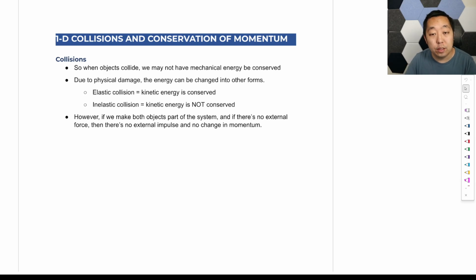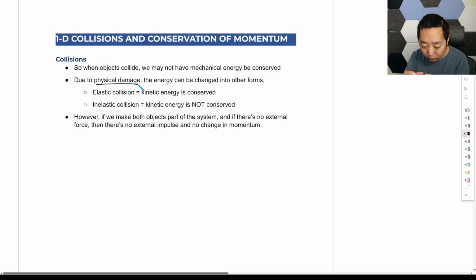All right, so now let's apply this to this idea of conservation of momentum and these 1D collisions. Collisions are the most common scenario where we're going to use conservation of momentum, because when objects collide, the mechanical energy may not be conserved. The reason is actually due to the physical damage that occurs. There's work being done that's kind of internal to the system. They collide, they stick together, there's a deformation, and some of the energy changes into other